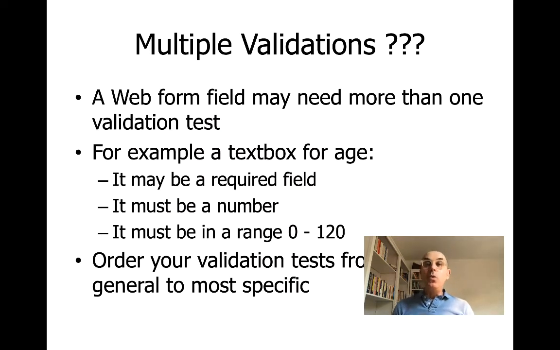What happens when we have multiple validations? A web form may have more than one test. For example, a textbox for age. It might require a field. It might require a number. It might give us the option of a range, 0 to 120. Order for the validation form